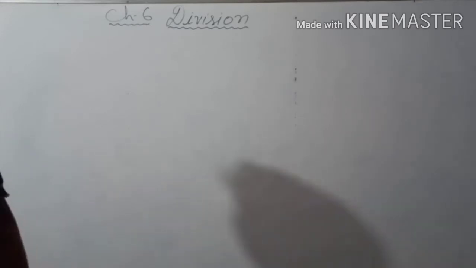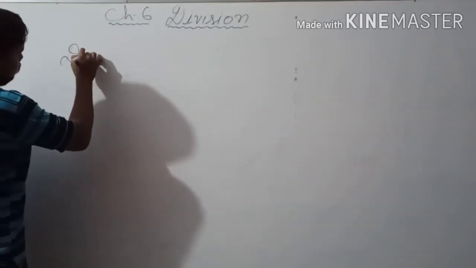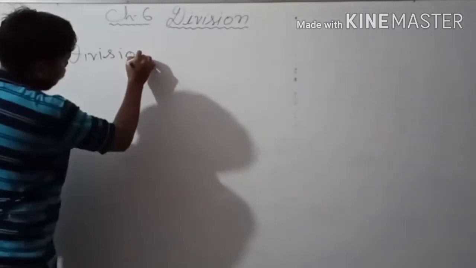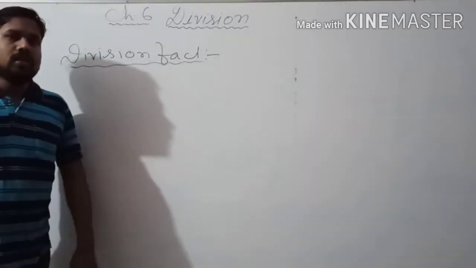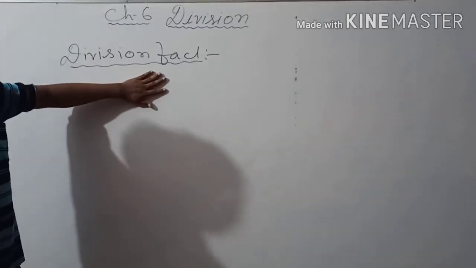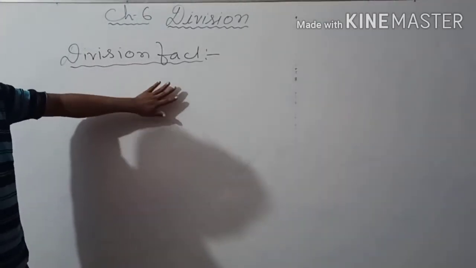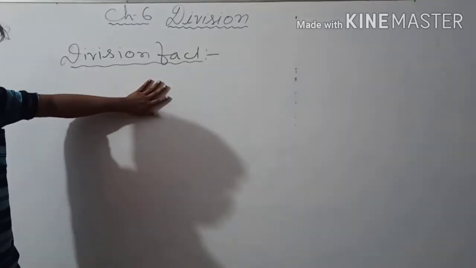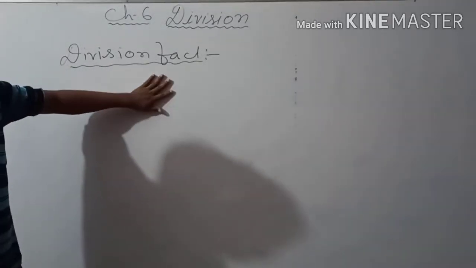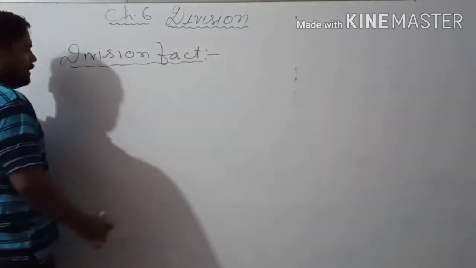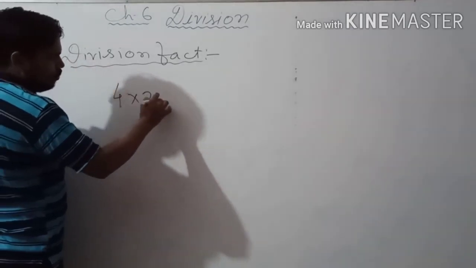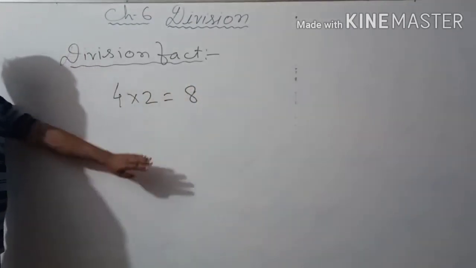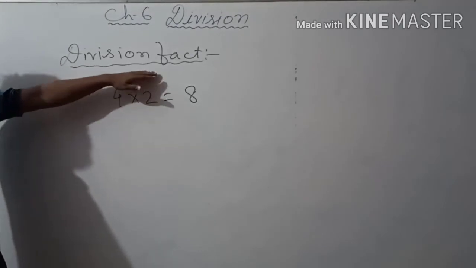Now what we have is the division fact. In the previous video also I have explained the division fact. In case it is asking to find the division fact, then the multiplication or product of any number will be given. कोई भी नंबर का प्रोडक्ट दिया हुआ रहेगा and you have to take the division fact of that particular number. तो यहाँ पे मान लेते हैं हमारे यहाँ पे एक नंबर दिया हुआ है कि 4 multiply 2 is equal to 8, and you have to tell what is the division fact of this number.